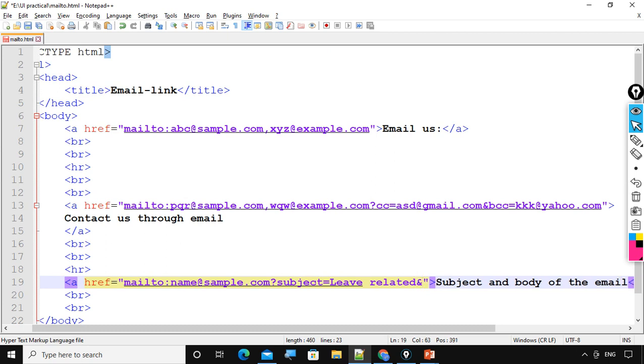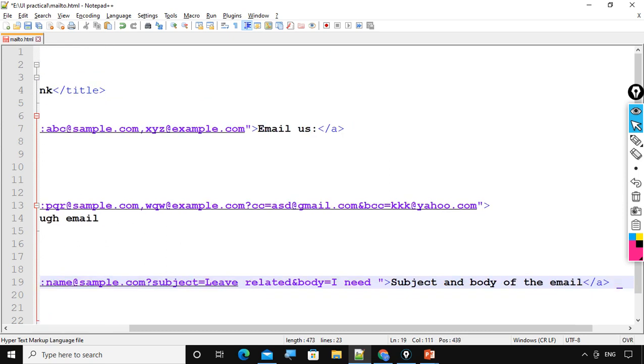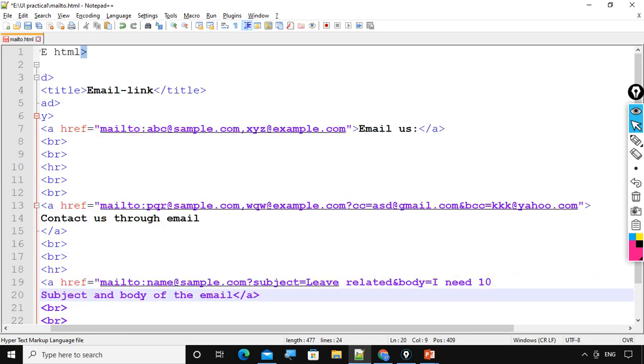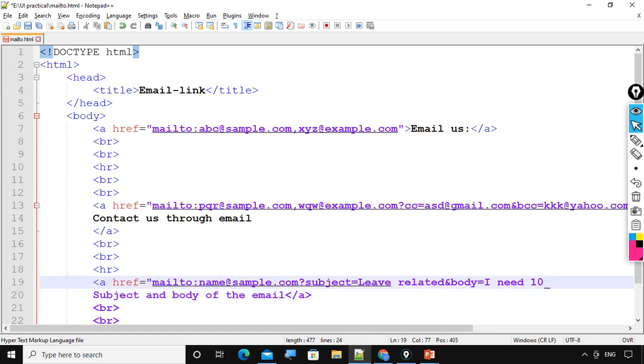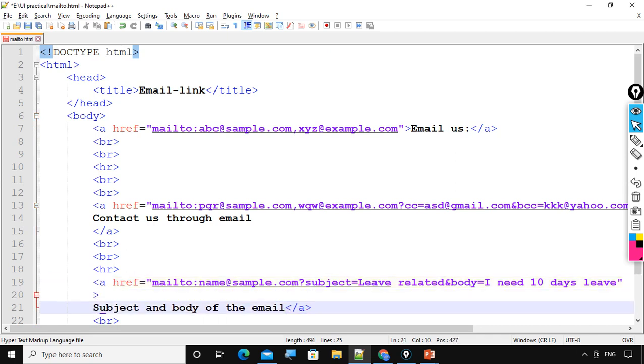Then here I have another ready-made key, body is equals to I need 10 days leave related body, here I need 10 days leave, okay. So here fine, okay, and